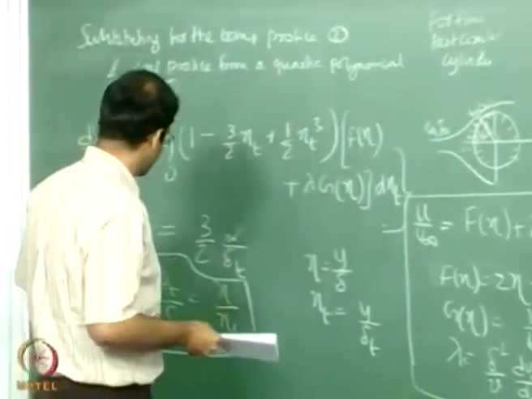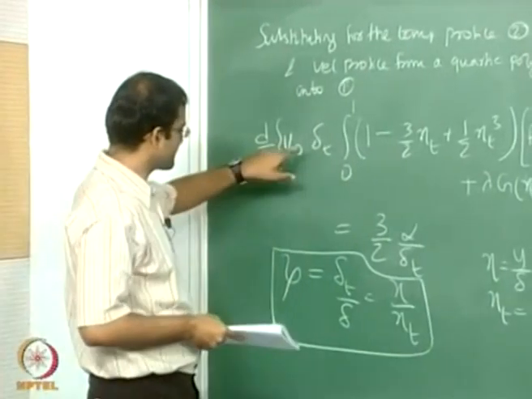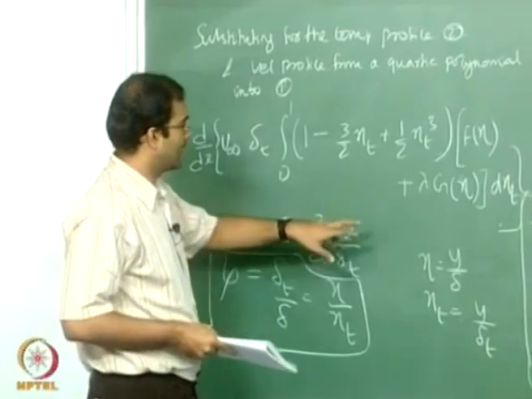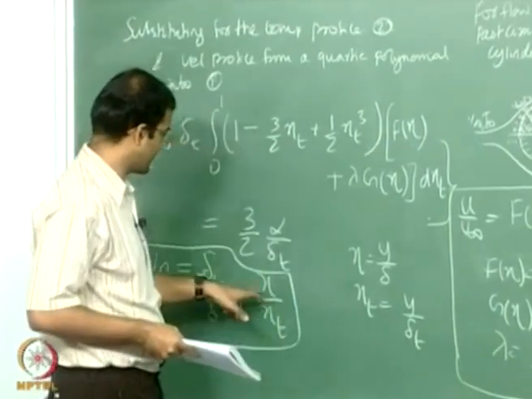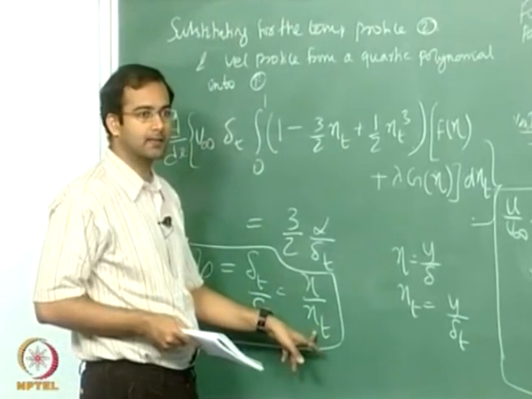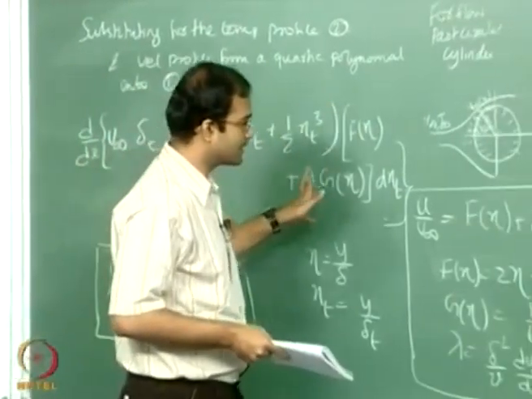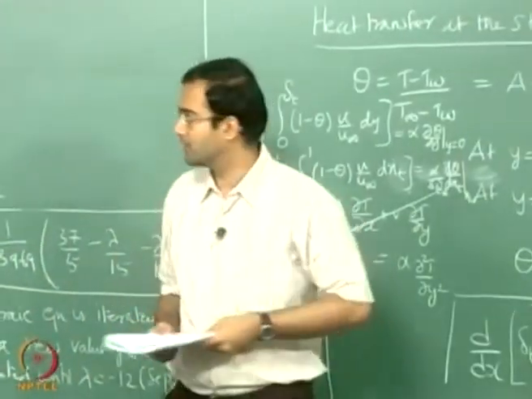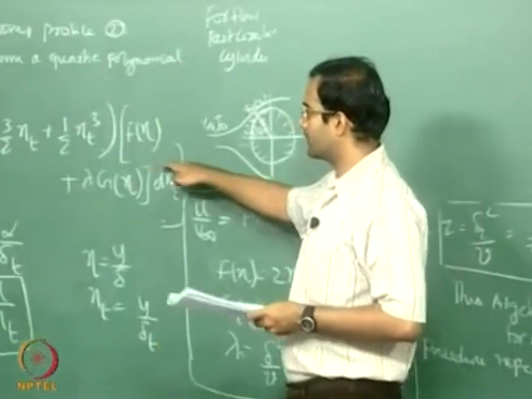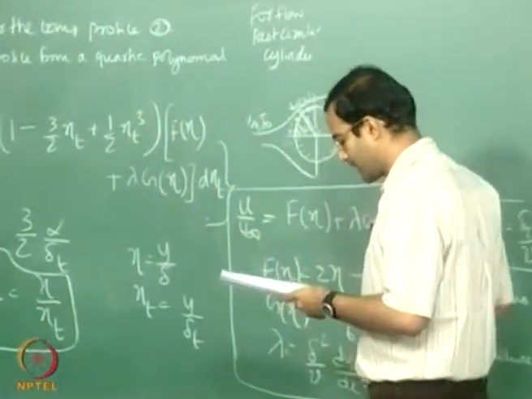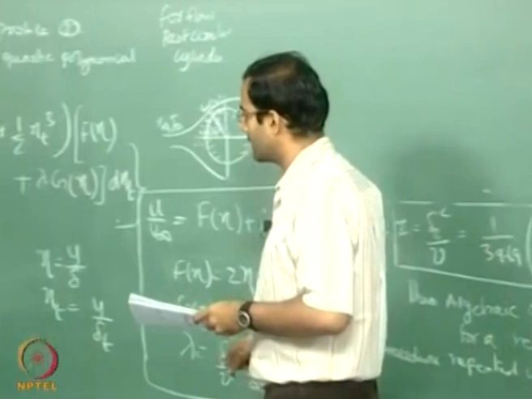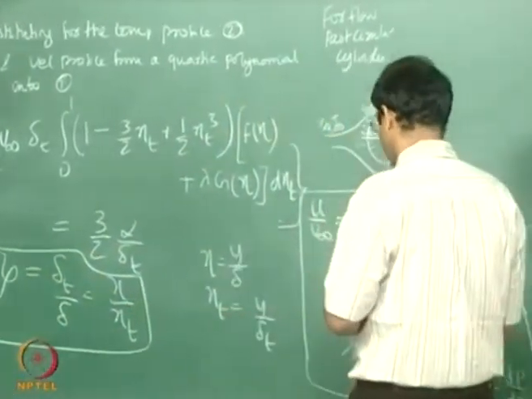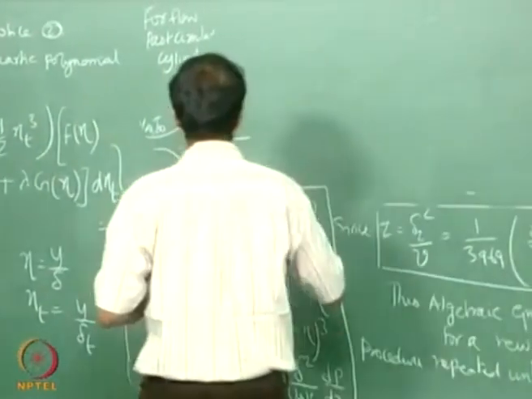So in that case you can take your zeta as a constant, you can write your delta t in terms of zeta and delta, and also you can substitute for eta in terms of zeta and delta eta t. Now you can integrate this. Since this is a function of eta t and you are integrating across eta t, the final expression will be independent of eta t, it will contain only terms with respect to zeta and finally delta. Okay. So that comes out to be